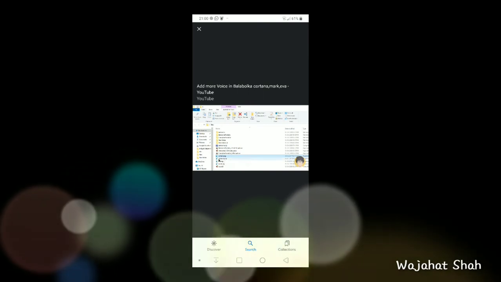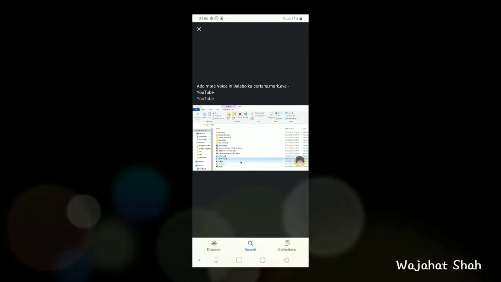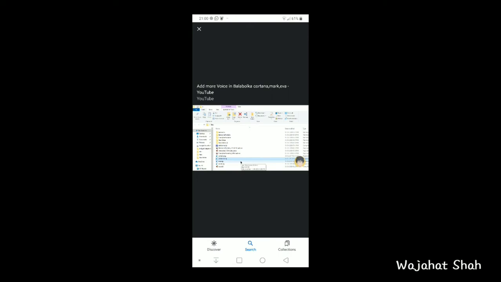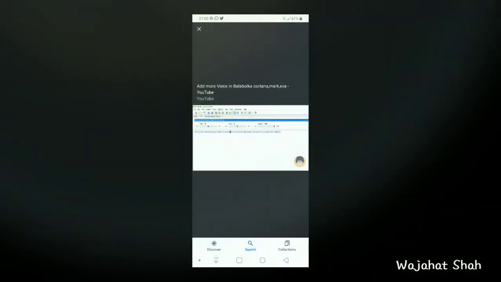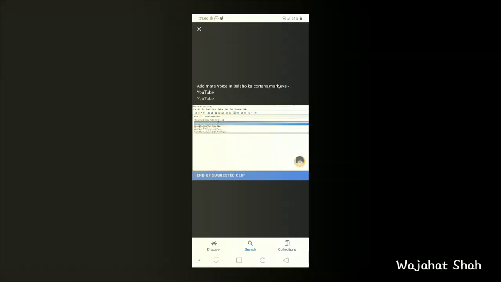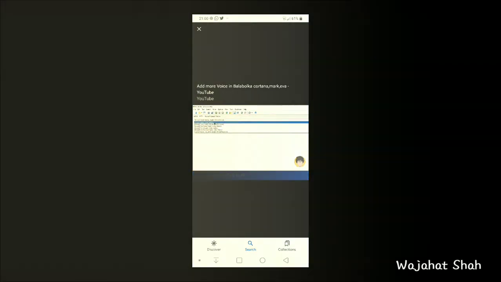Kotha registry 1 and 2. You can double click and add into your registry. Then close this application and open these voices. It will try to give